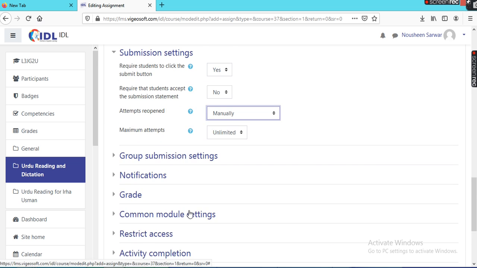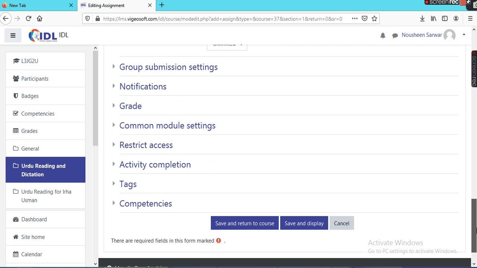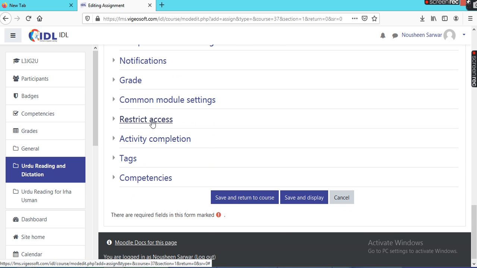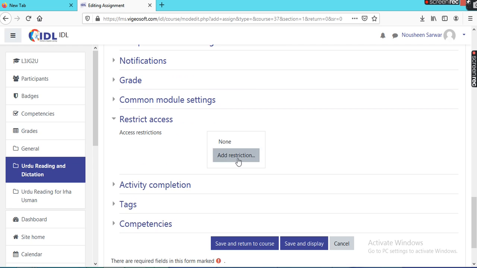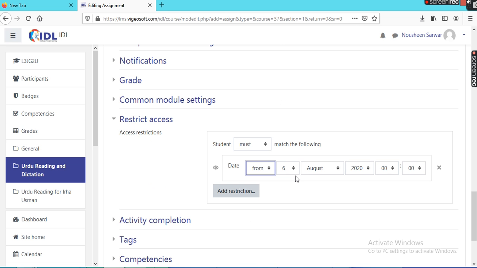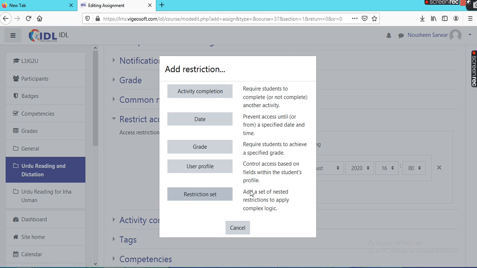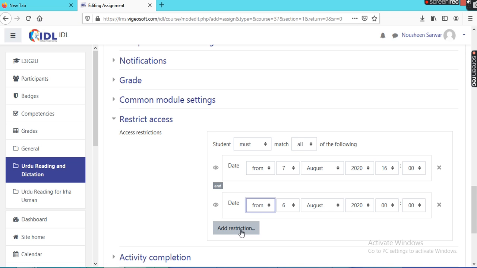And the second is restriction. Everybody knows about the restriction. So usually we are giving 2 days for each assignment to be available on the LMS. Here is date and from till until.